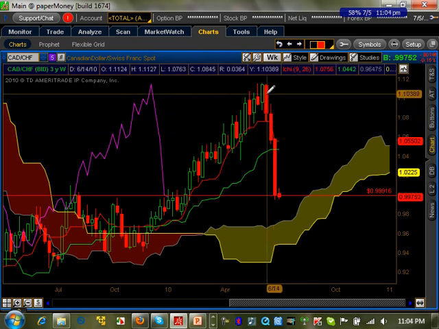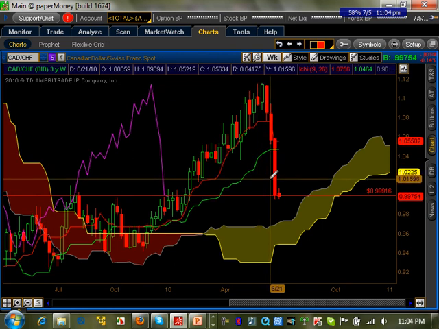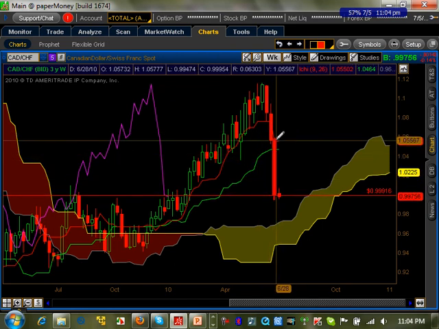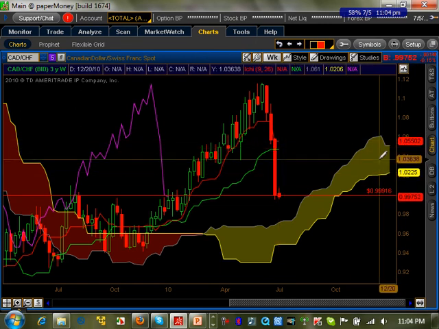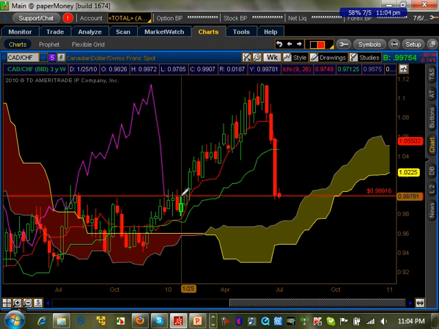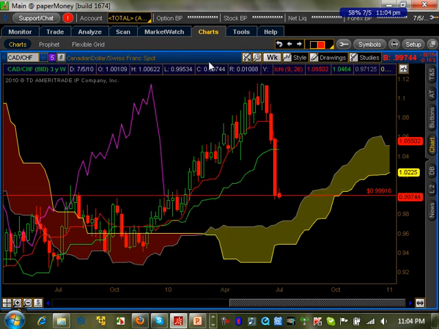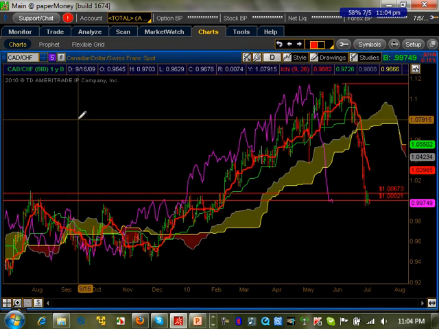If you look, the moves happened so fast: we had a big move up and now a drastic pullback, and the pullback is more than a 50% retracement. The pullback was so fast that the Tenkan-sen, Kijun-sen, and the Kumo future have not had a chance to react at all. In fact, we are now at a major support level, if you look at this line right here. So if you're a counter trend player, you could sit there and start looking at bullish opportunities on a very, very short time frame and start looking for